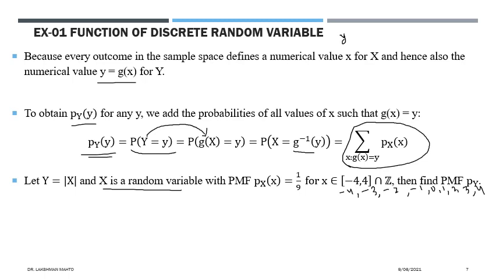So afterward, we are defining a new function of x. That one is mod of x. Y is a mod of x. Then our question is: what would be the probability mass function of y? X is a discrete random variable, and hence we can say that y is also a discrete random variable. Now tell me, anyone can say, what are the possible values of y?